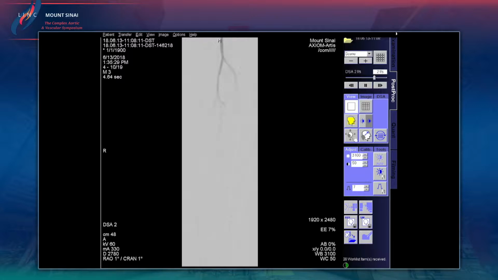infrapopliteal, he looks like he has a DES in the proximal. He has basically subtotal occlusions of his anterior tibial artery, and the posterior tibial artery is totally occluded. He also has a peroneal artery that's diseased. And then as you come down into the foot, he has a subtotal occlusion of his AT. And then you can see here, very, very slow filling. And then he has disease in the dorsalis pedis as well in the foot, with the posterior tibial not really being